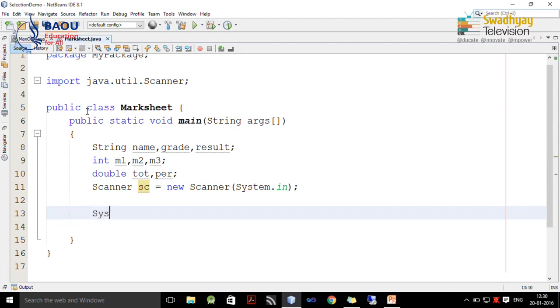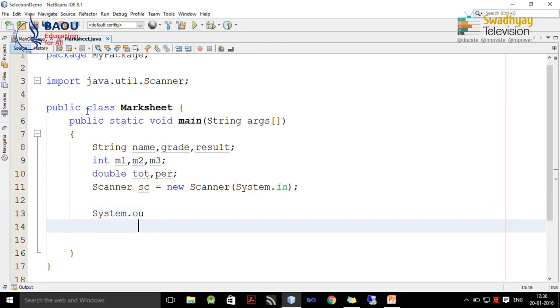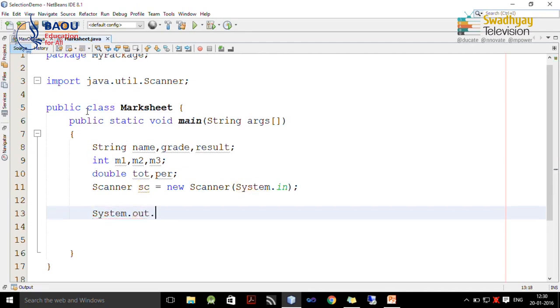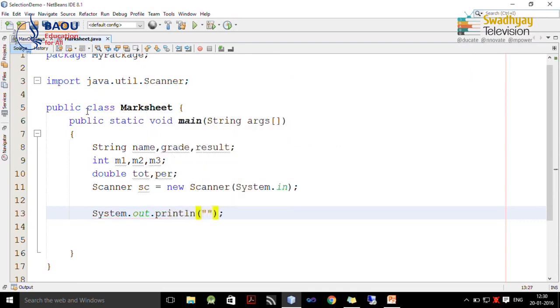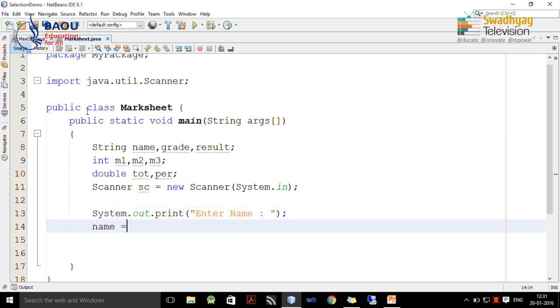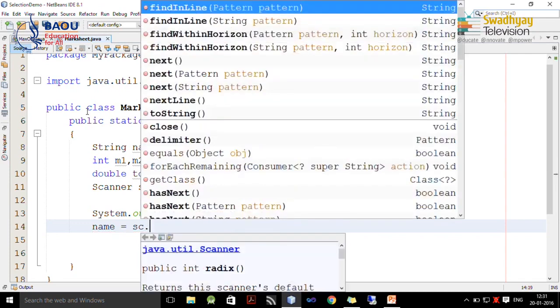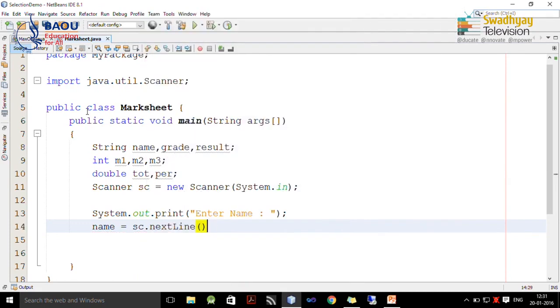So we start by prompting the user: enter name, and inside name we read name. I can copy this.